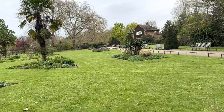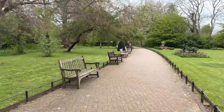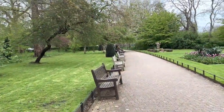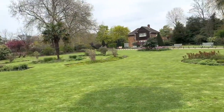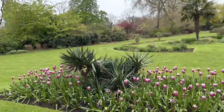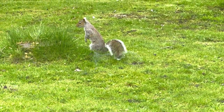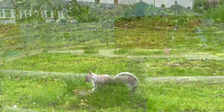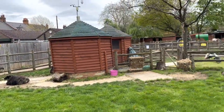There's been a shortage of seats at the Willesden Old Cemetery, but there certainly isn't a shortage of seats here. One can only guess as to how busy this gets in the summer when it's a little bit warmer. Well, it's not a bad day today. A few people sat here just enjoying the peace and quiet in these gardens. Just as I was about to leave the park, I noticed this Pets Corner in here, which is interesting